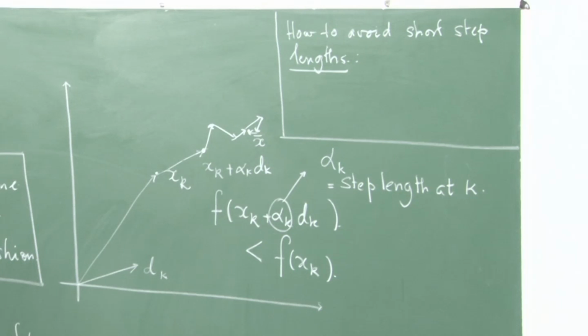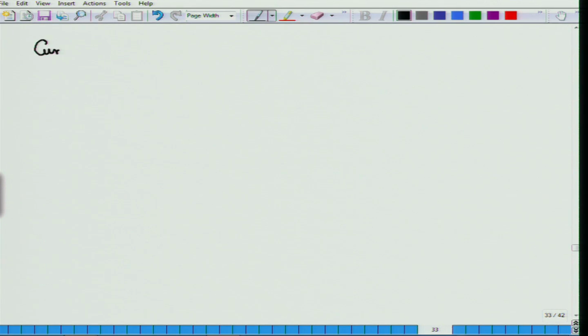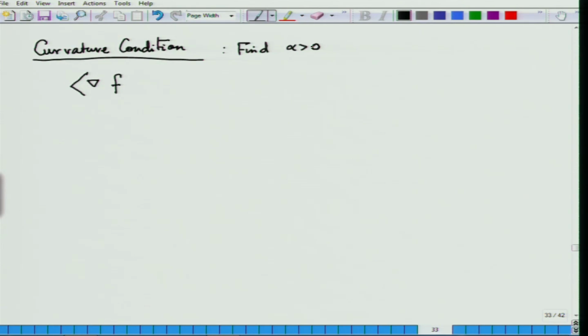you have to consider another criteria called the curvature condition. So, we have to now consider what is called the curvature condition. Okay. So, what does the curvature condition tell us? Curvature condition tells us find an alpha such that you would have this. So, such that the gradient at f of x k plus 1 basically